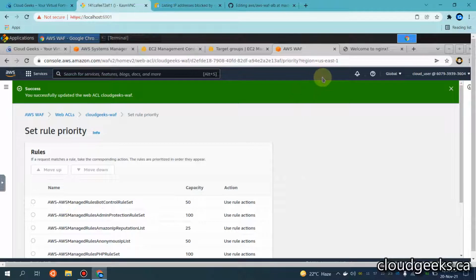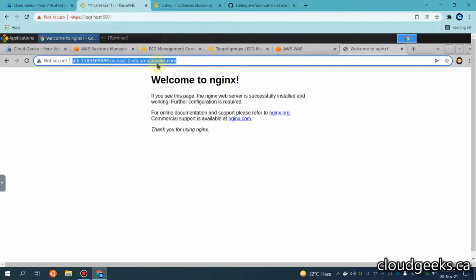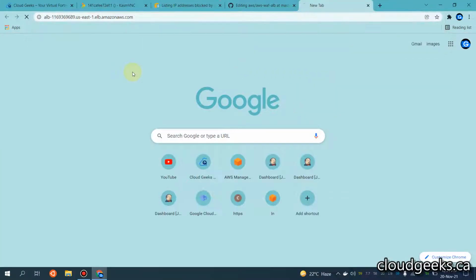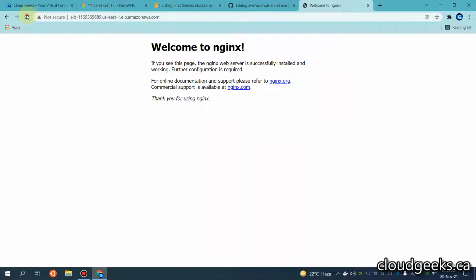What I will be doing, I'm going to simply copy this DNS address, and I will start DDoSing. For instance, I'm going to DDoS this till 100 requests. So let's start. So guys, it will take a little time, but I will show you guys. So after 100 requests, what is going to happen is that our IP is going to be blocked for 5 minutes. And the advantage of this setting is that, as I showed you the CLI as well,